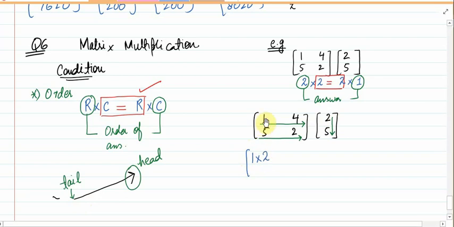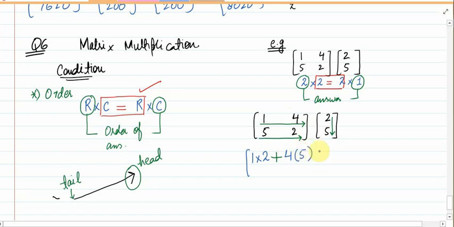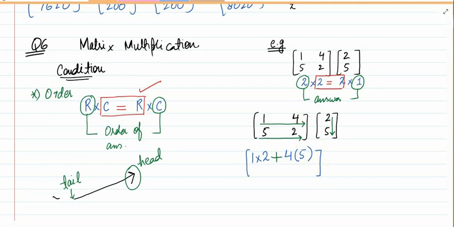After the multiplication of 1, we are moving towards 4, right? So when we are moving towards 4, we need to incorporate a positive sign. Now this positive means that we are standing on 4 now. We traveled our journey. Now we are standing on the head side, right? Now head will be multiplied with head. That means 4 will be multiplied with 5. And the row is closed because we have no other column.